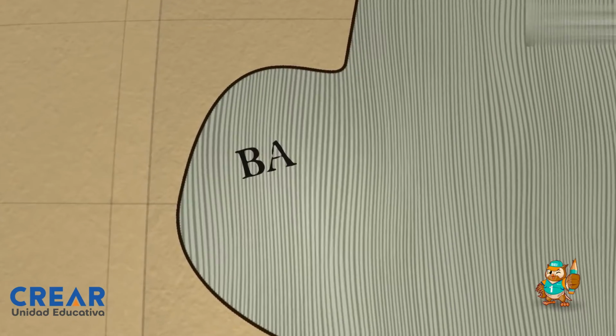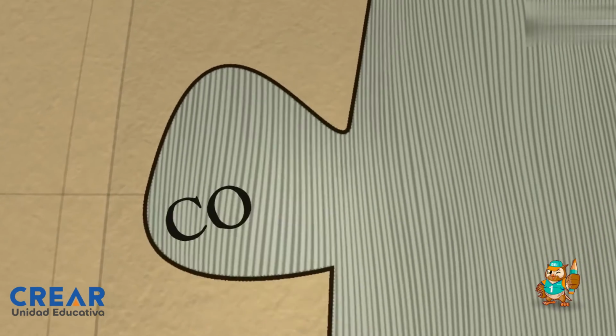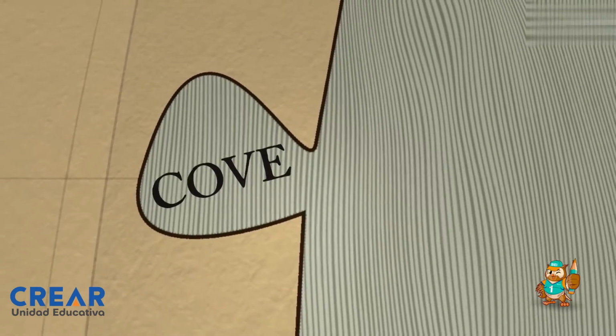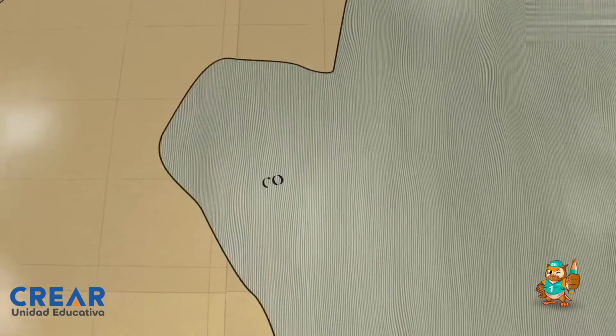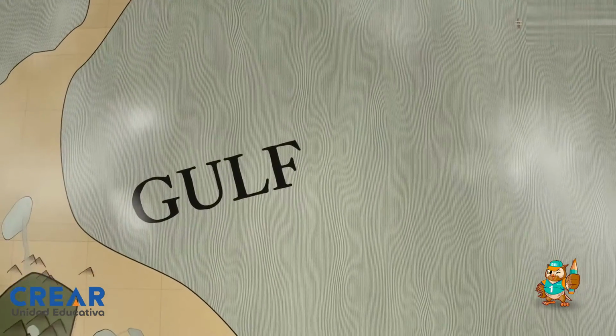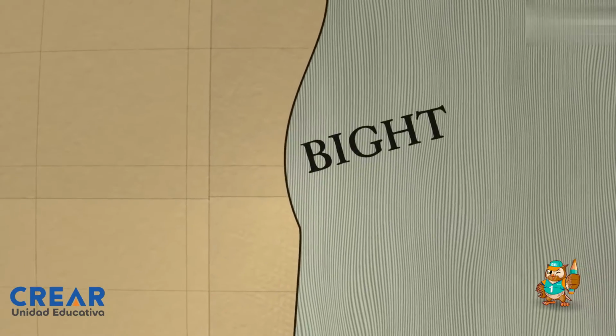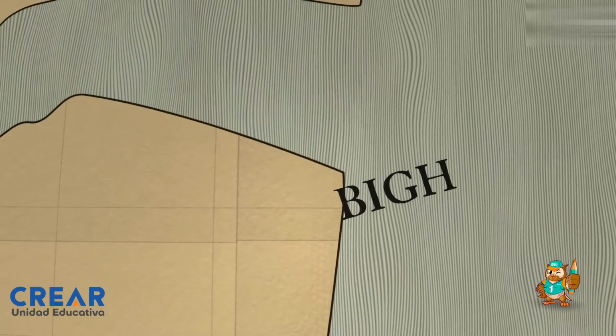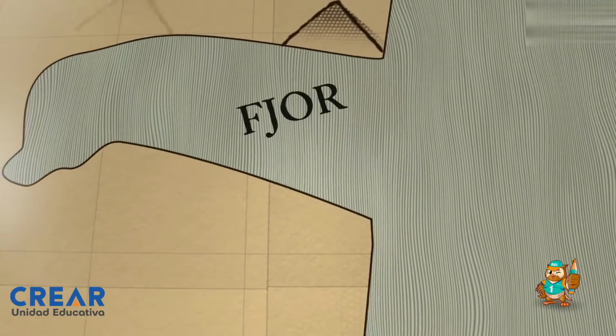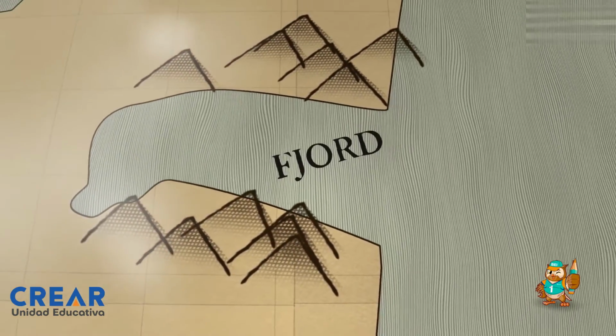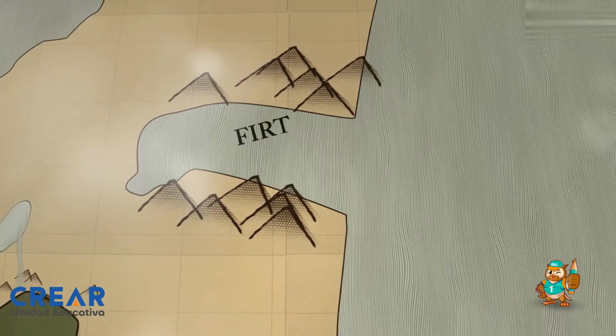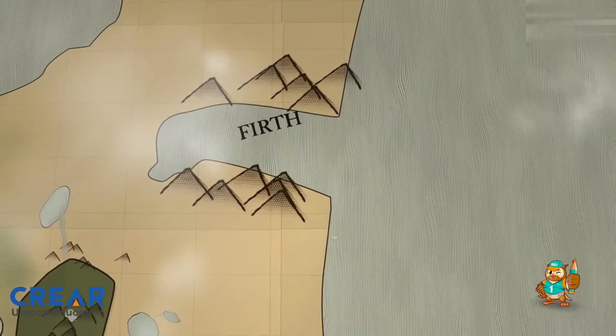A bay is a part of an ocean bounded by land on 3 sides. A cove is one too, but it usually has a smaller entrance, often in a mountain. Make a bay bigger, it's called a gulf. While a bight is smaller, and we have also the fjord, which is like a bay with a steep entrance.